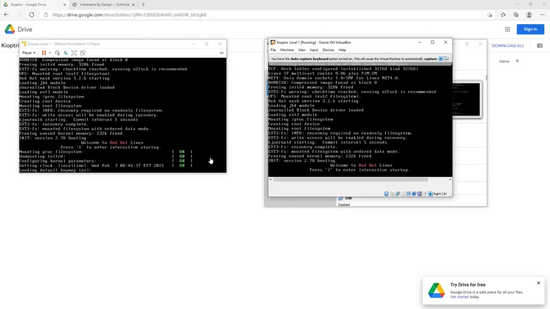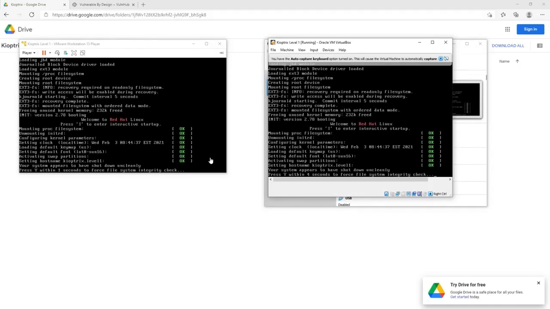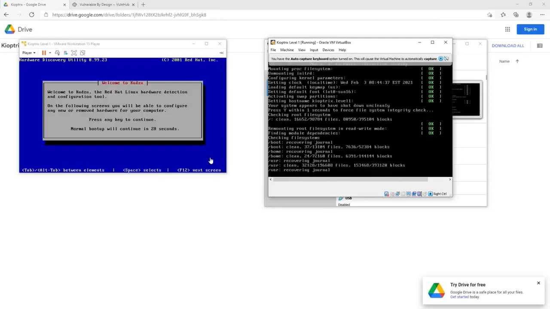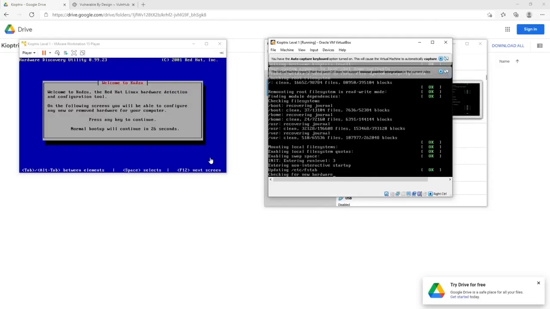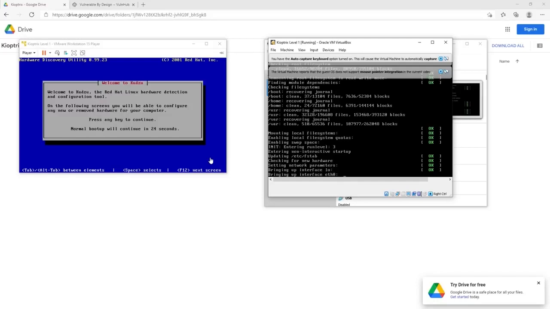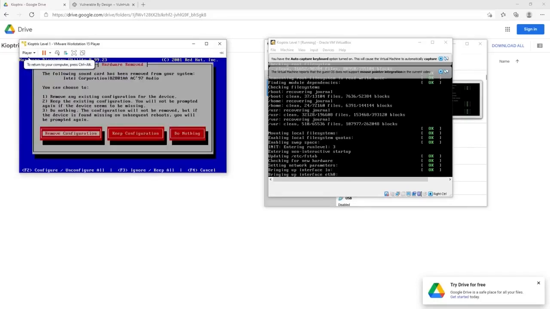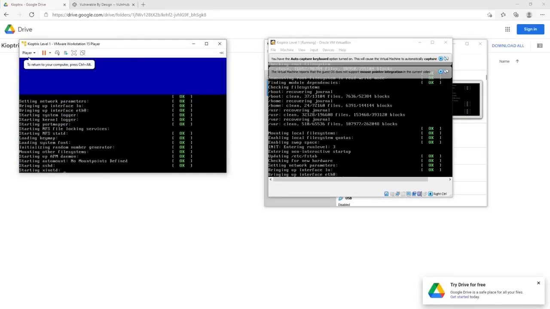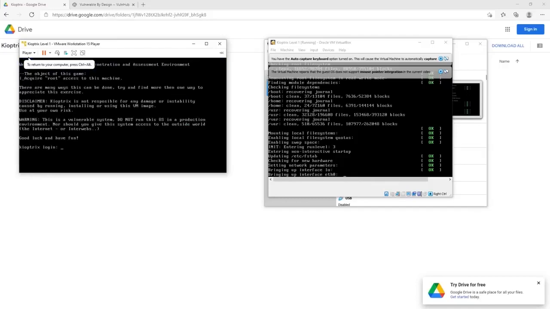Okay, so when you're at the login screen, it'll say, hey, Kioptrix, and then we're going to take it from there, and we're going to figure out how we can get into this machine. Okay, so if you get a screen like this, you can just say do nothing and just let this keep booting. But other than that, once this runs to a login, we're going to go ahead and move